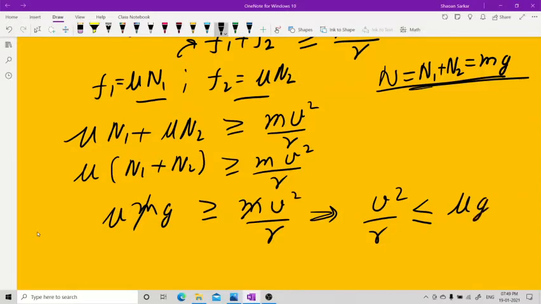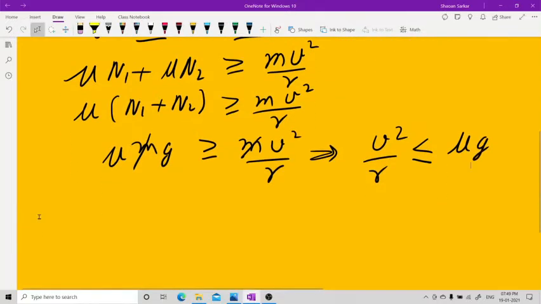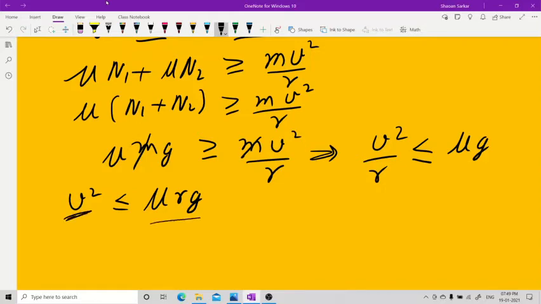So you have v square less than or equal to mu rg. So this is the maximum speed that it can take. See, the velocity has to be less than this quantity. I mean to say, velocity must be less than under root of mu rg. The maximum possible speed,